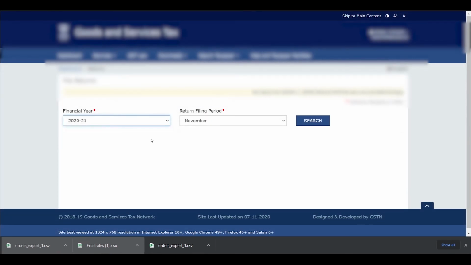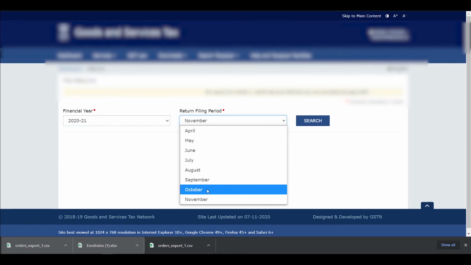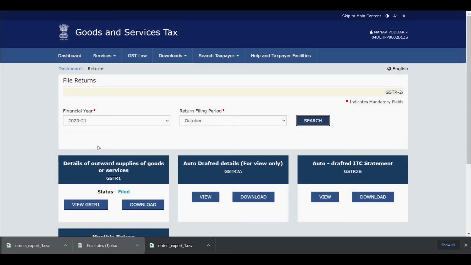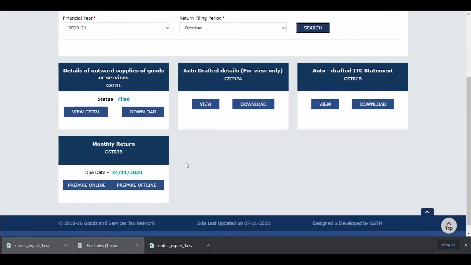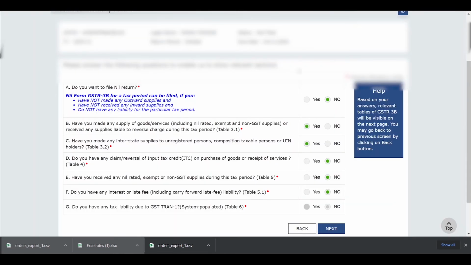To file GST-R3, go to 2021 October, search and click prepare online. While filing GST-R3, please note the exact setting. This should be made no, this should be yes, and everything else no. Okay, then click next,